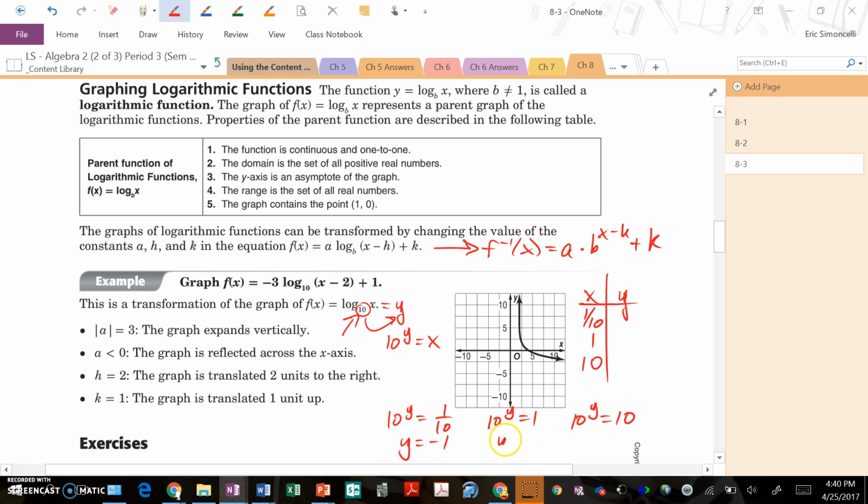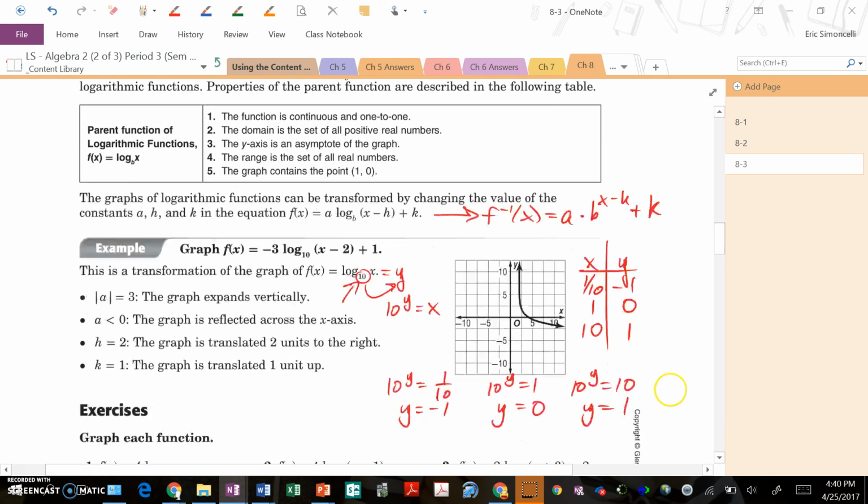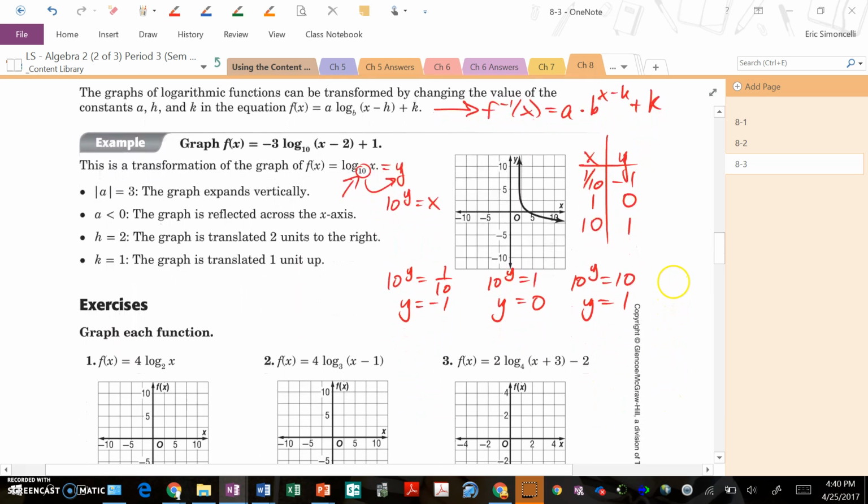For the next equation, 10 to the what is 1? Well, we know 10 to the 0 is 1, and for the last, 10 to the first is 10. So now our respective y's will be negative 1, 0, and 1, which isn't a whole lot more surprising than you could imagine,